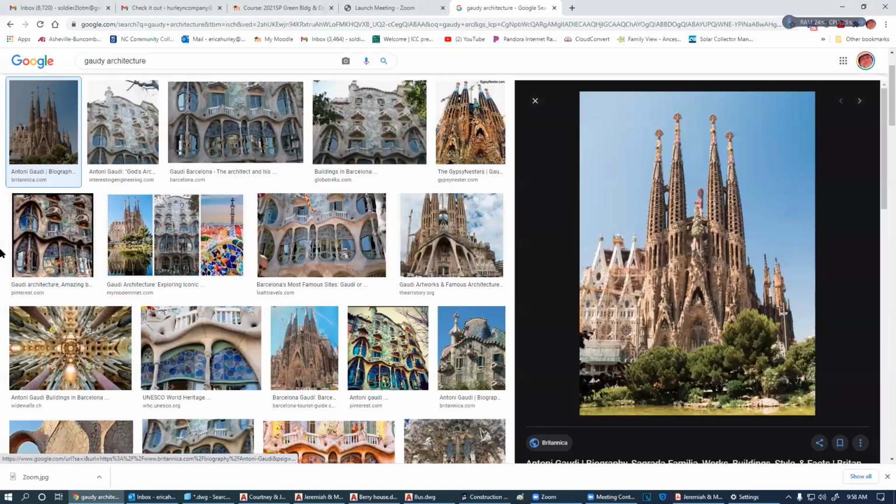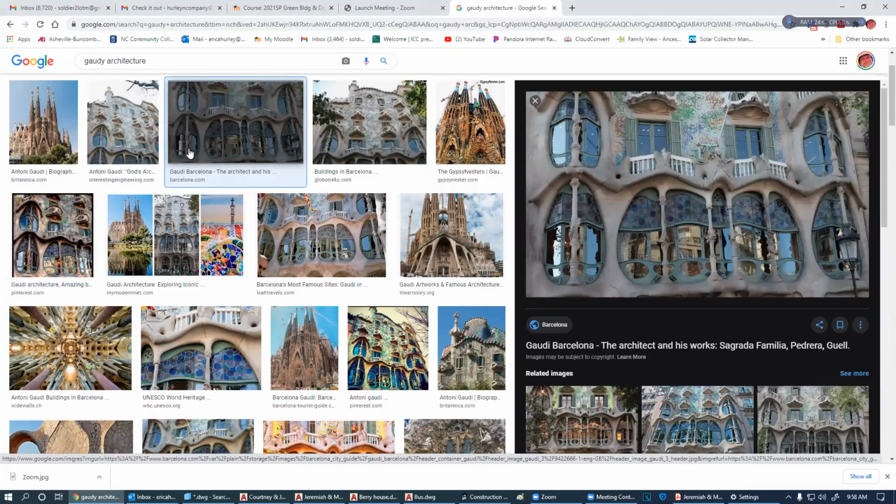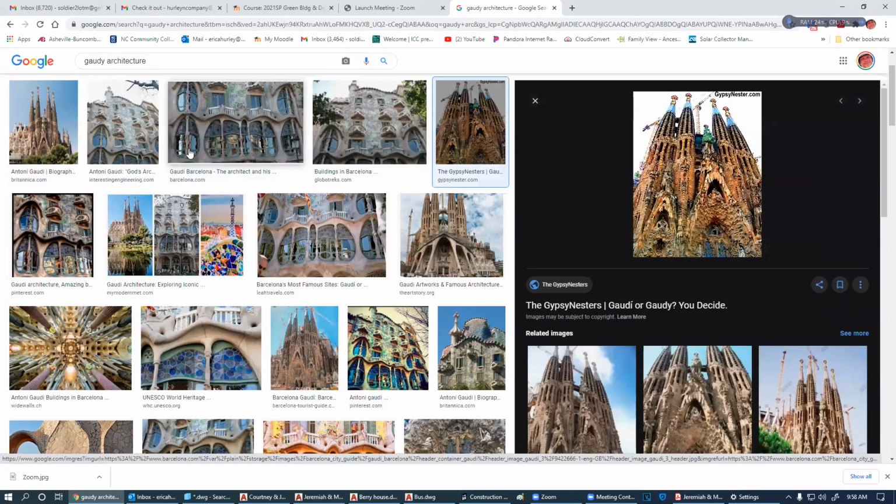I wanted to elaborate a little bit. So I wanted to show you these. This is lightweight concrete being used. All of these designs are from Antoni Gaudi. And so you've probably heard the word, oh man, that looks gaudy. Well, that's where that came from, Gaudi. So this is in Barcelona, and this is